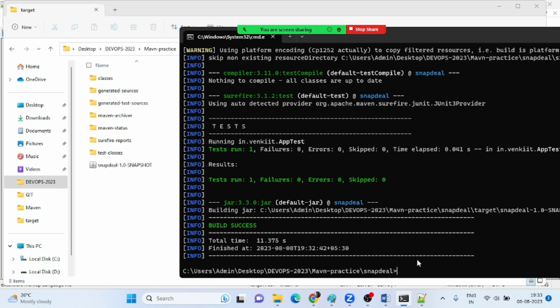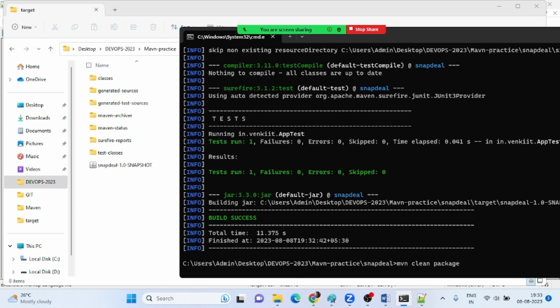We have seen it now once again. So right now, no need to execute all the goals. We can directly execute mvn clean package. If you execute the last one, it will execute everything, compile, test, all automatically. So we will use mvn clean package. What will it do? It will delete the